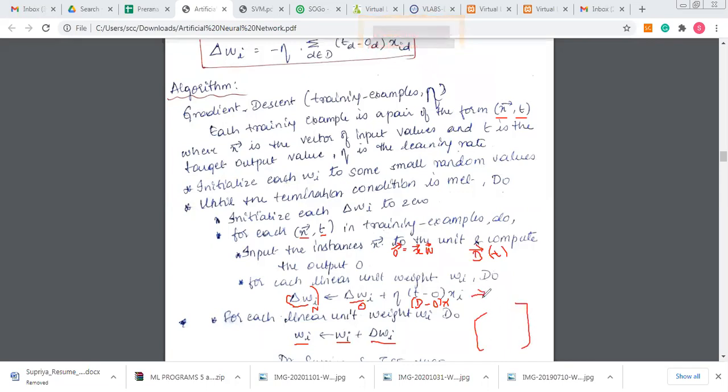When I perform this, I get individual vectors for each neuron: the first neuron, the second neuron, the third neuron. I saw that there is a change only with respect to the second neuron, so I update that, or whichever of the three changes. I will get the new weight vector, and this new weight vector is what I will be applying for the next upcoming data point. I perform all of these operations continuously to make sure that the classification converges to the correct classification. So this is what your gradient descent algorithm is.